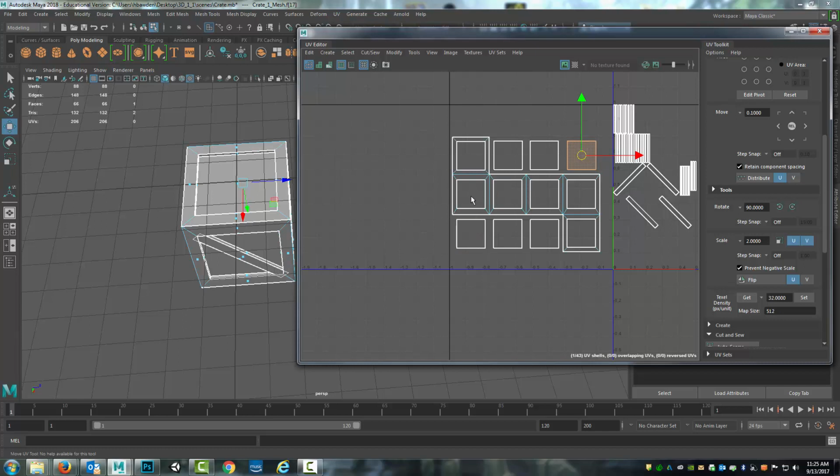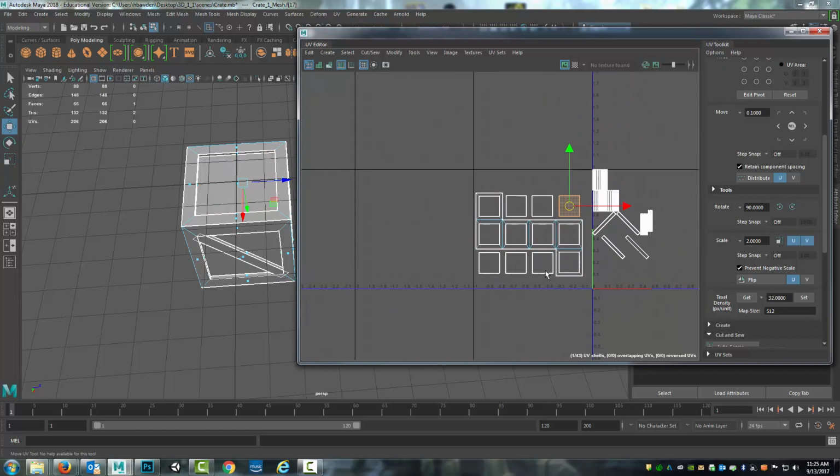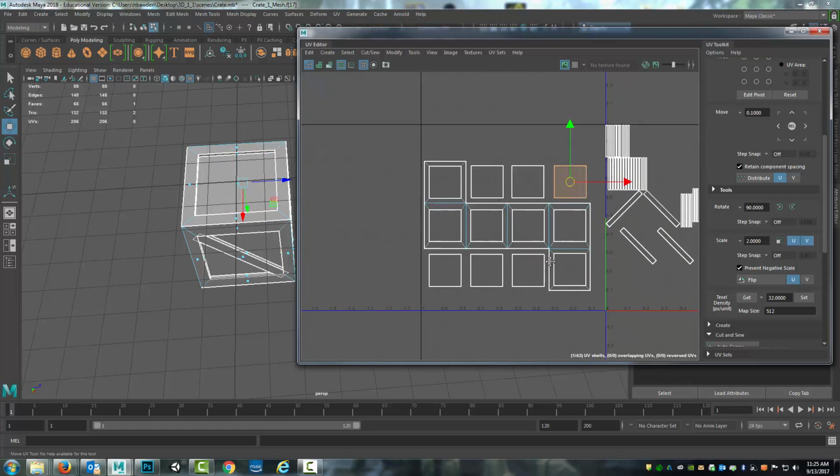So this is the interior piece for this face. This is the interior piece for this face. This is the interior piece for the top. These two on the top correlate with the pieces below, and then this one is connected to the side. So it makes sense for me where I want things to line up so that as I'm painting, I'm able